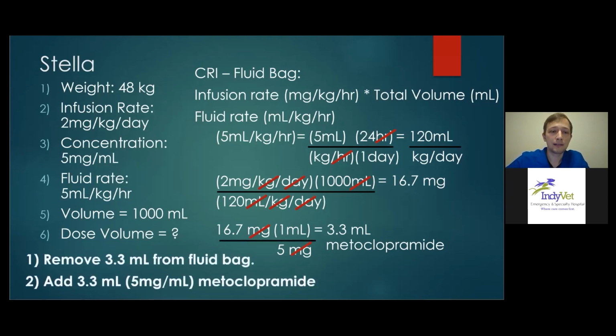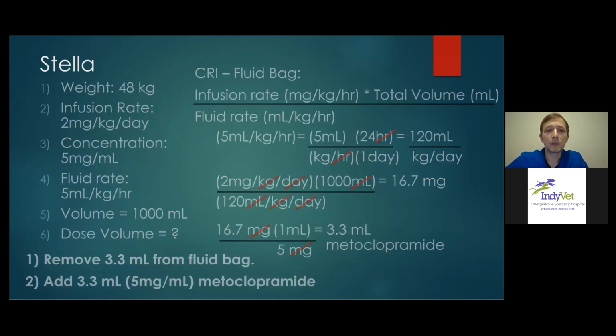The last thing you may ask is, once again, of course, I'm going to remove that 3.3 mils. The last thing you may ask is, what do we do if we have a patient who's already started on fluids? And that's actually something we commonly have. We'll have a parvo patient, or a patient who's been hospitalized for potentially an obstruction. And then we get them on some fluids. We maybe recheck x-rays, you do an abdominal ultrasound, and you notice that, wow, they aren't obstructed, but maybe they have some really bad ileus. Maybe they need some metoclopramide on hand because they're a parvo kid or something. So what do you do